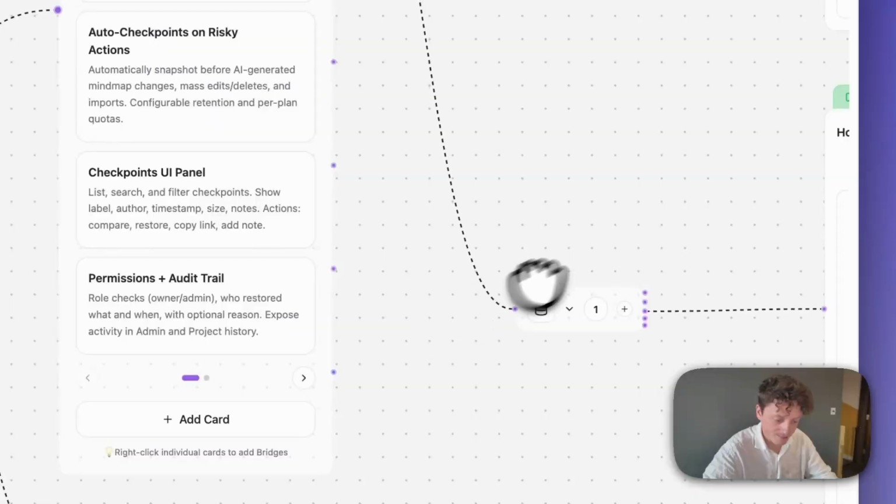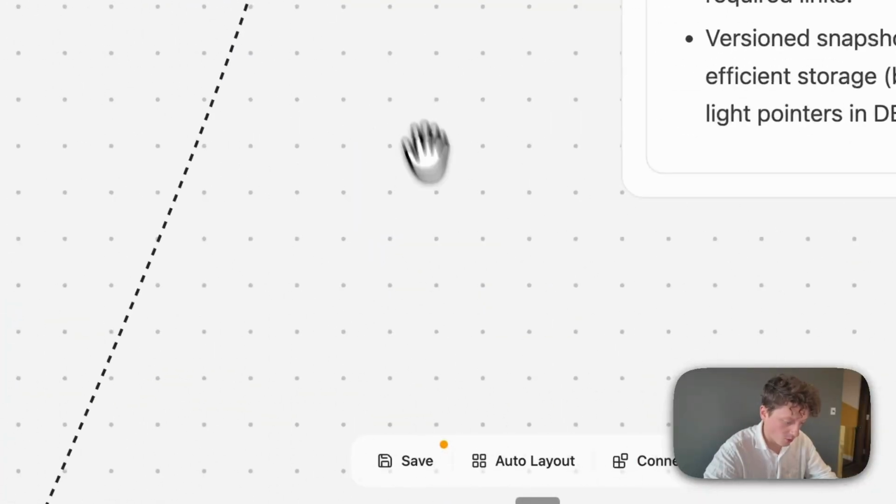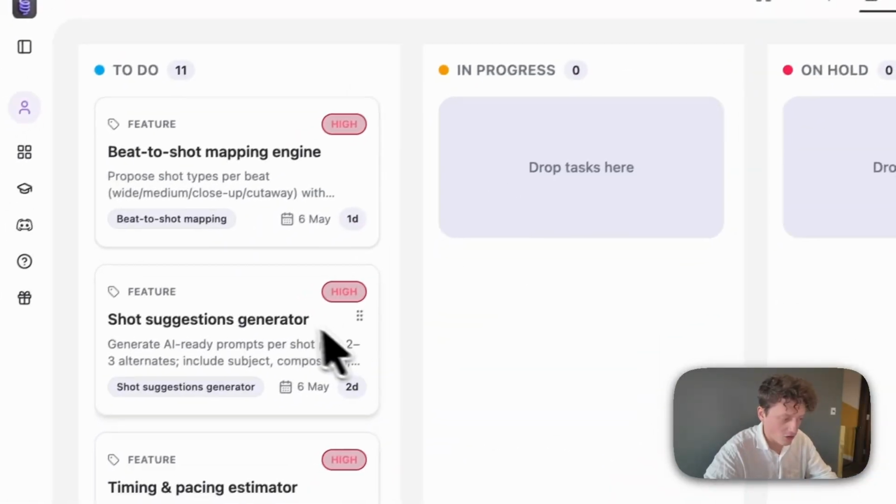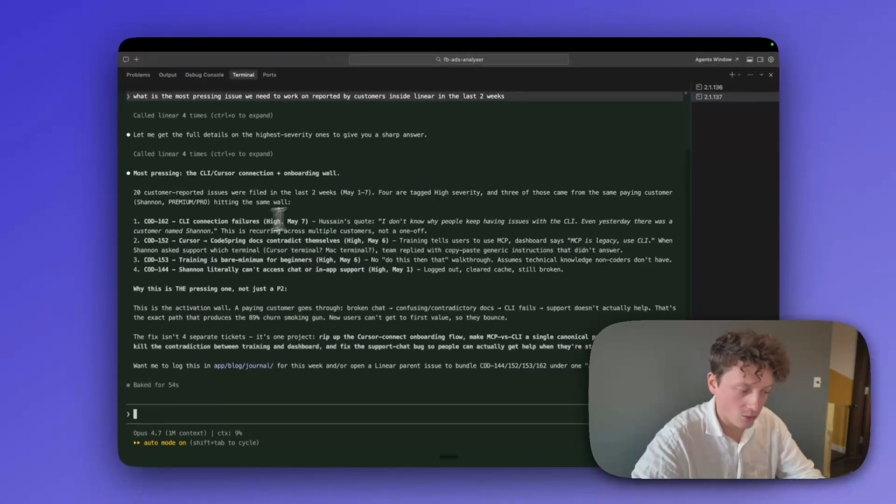We have all the notes on it. And then all we need to do is create requirement docs on how to build it. So we'll create actual tasks. And then inside Claude Code, we just get it to go ahead and read the tasks and then just fix